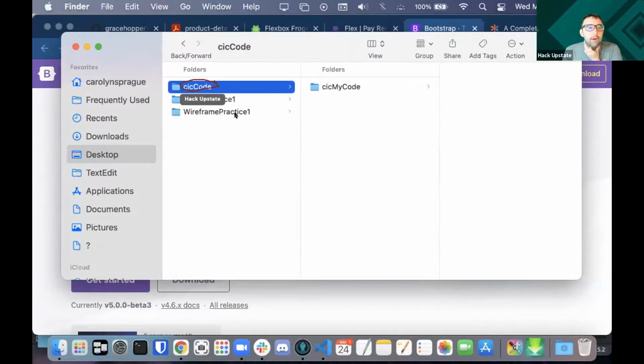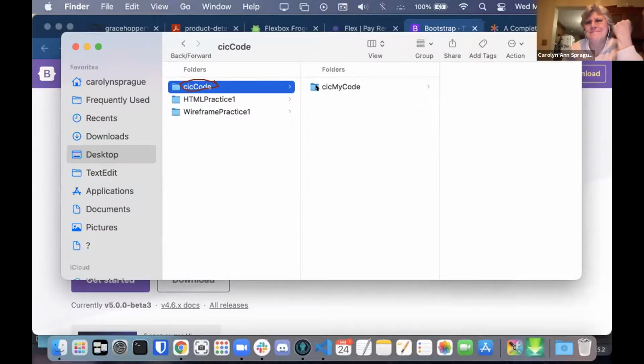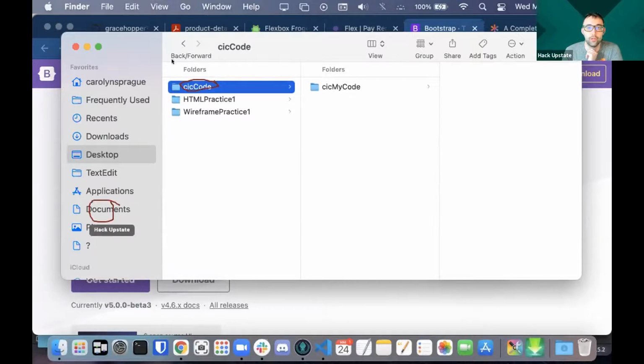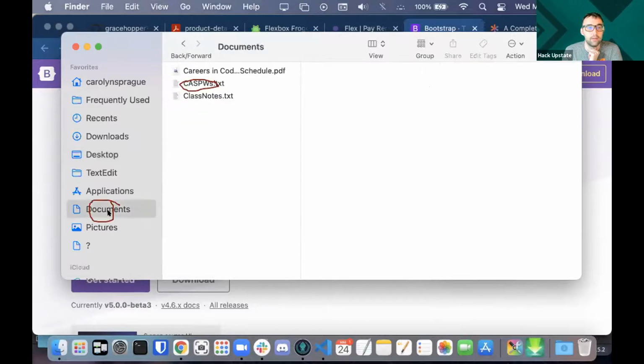Okay, and now you've got my code in here, and it doesn't look like you have the classroom repo. Do you have that lurking anywhere else on your computer? I have no idea. Let's just take a quick peek in documents to make sure we don't end up duplicating lots of things. Nope, we do not have it in there either. Okay, so we're going to go back to your desktop,